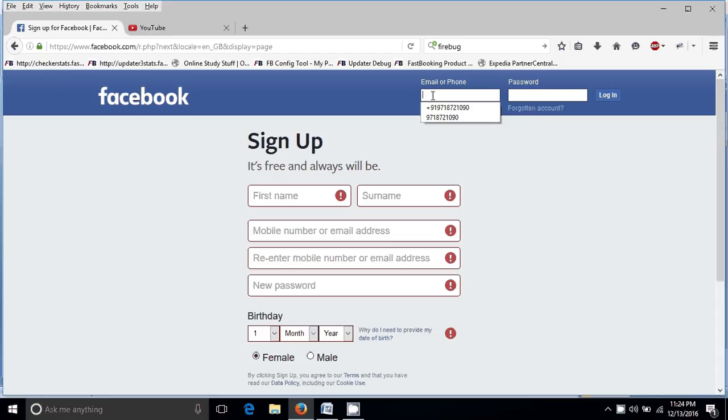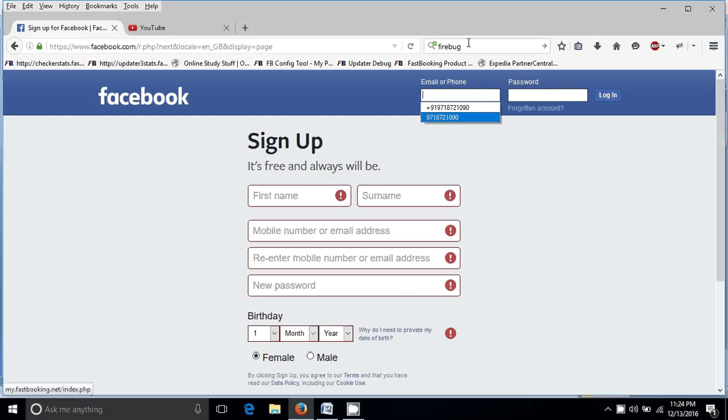The easiest way is to use some tools like Firebug. Friends, Firebug is an add-on for Firefox, by which we can use that particular tool, and with the help of that tool we can find out the source code of this particular link, text field, this button, this text field, this combo box, this radio button.